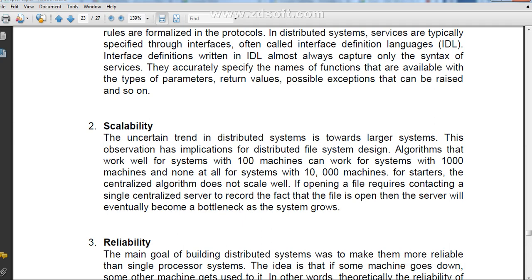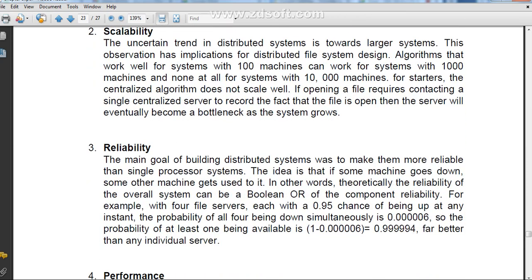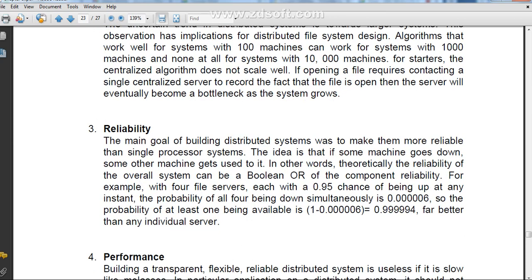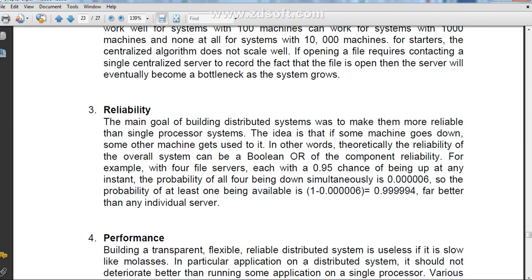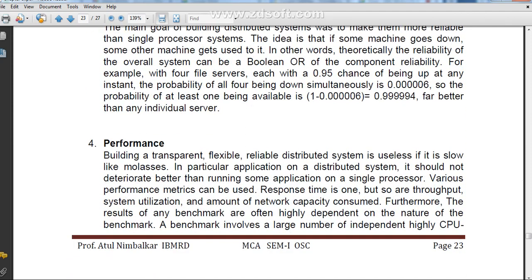Other computers can access that printer. Also, scalability means you can join 100 machines together over the distributed operating system. Reliability: suppose one computer fails, you can use another computer for the operating system.